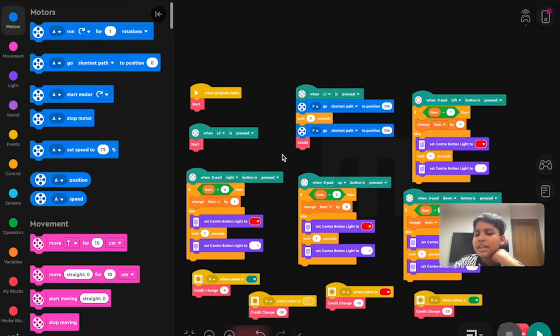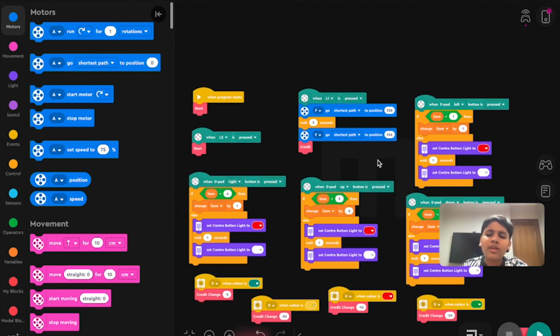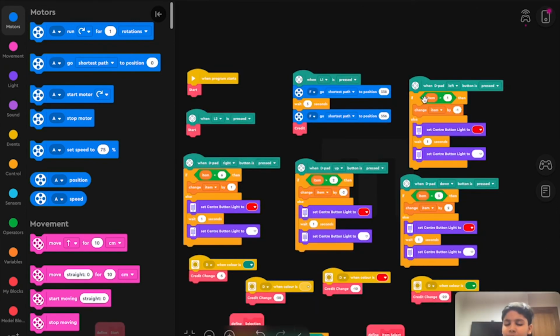He wants to get his money back faster than putting in all the incorrect credits and coming back. So when L2 is pressed, we give all the money back and then call the function credit again. So the person can restart. But instead of putting 251, he can simply put 101. So yeah, that's the program.